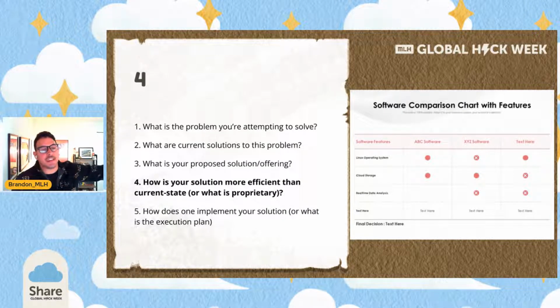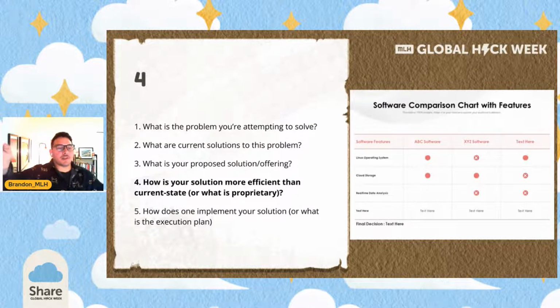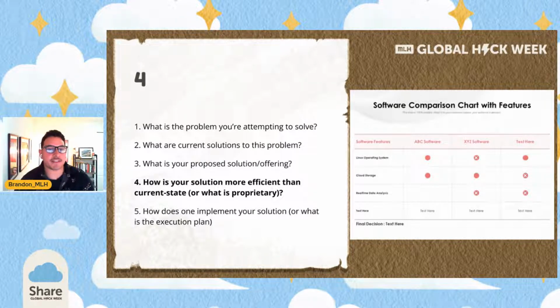So maybe you're not working on a jersey app like I am, right? Maybe you're working on some sort of novel way for people to interact with one another on a blockchain. Cool. When you're actually listing out all of those variables, you can then see very clearly, hey, maybe you have a whole application over here in ed tech because you can get large amounts of information to one person and verify that someone else did it. Great. This process will help guide you into making sure that you can talk about all the applications for your product or your project later. And the best way, like this little image here, is to think about it like a software comparison chart.